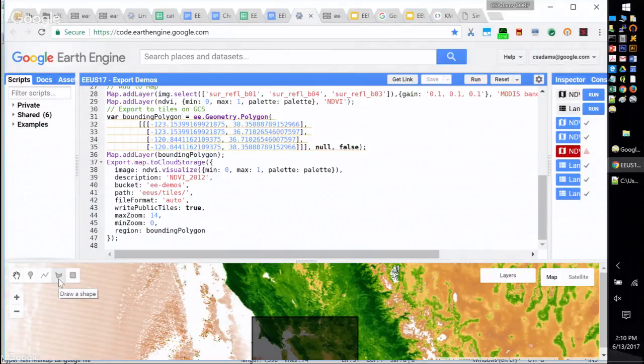If they are an Earth Engine user, then probably the easiest thing to do is just share a link to the code and/or use the UI elements to make a map with knobs type thing that they can easily do in Earth Engine. If they're not an Earth Engine user, then you have a few options still. One of them is to use the Maps API, get it up on a map, and